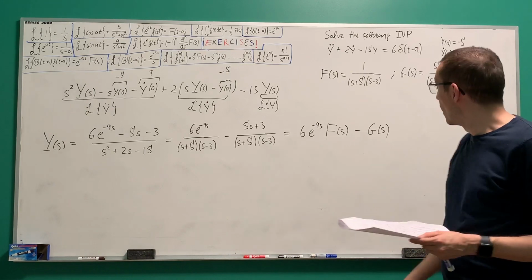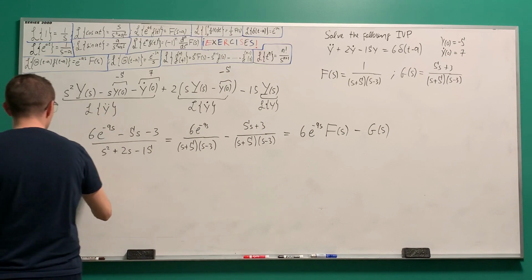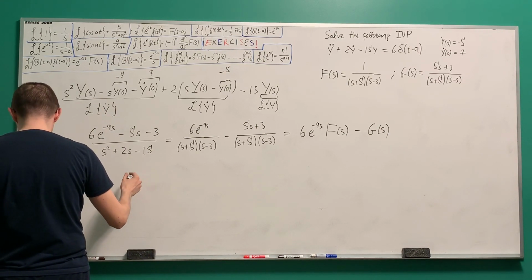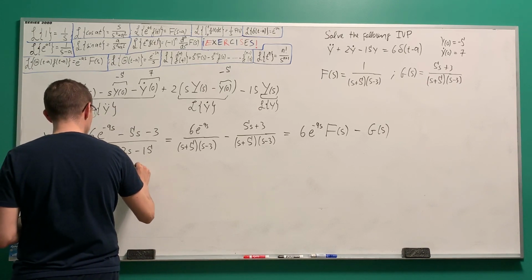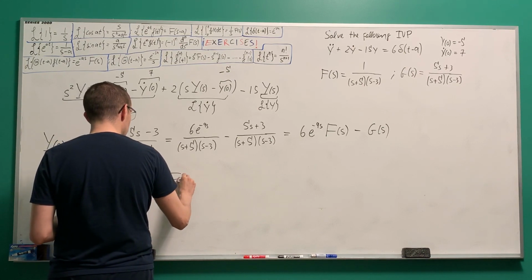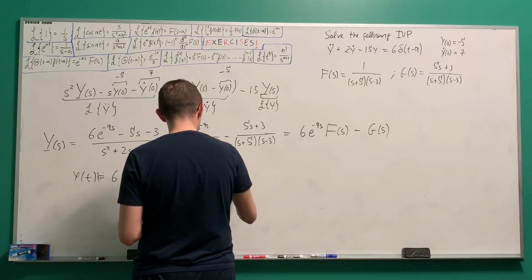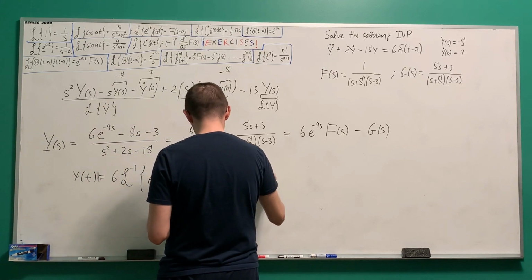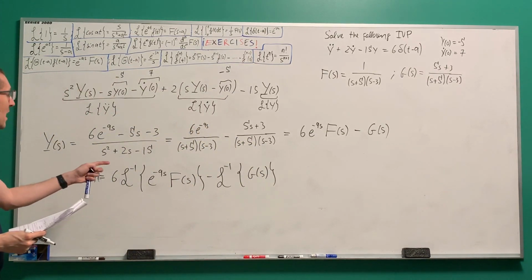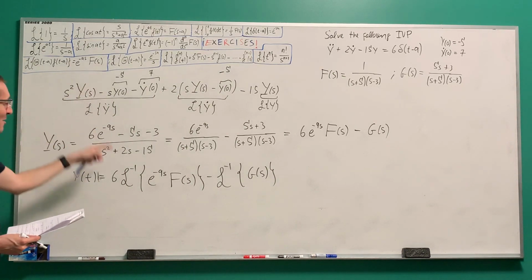Alright, wonderful. And then we know that to find y of t, all that I need to find is this: y of t is going to be 6 times the inverse Laplace transform of e to the minus 9s F of s, right, minus the inverse Laplace transform of G of s. Alright, and why did I do that? Because now this is written exactly as in the second shift theorem,